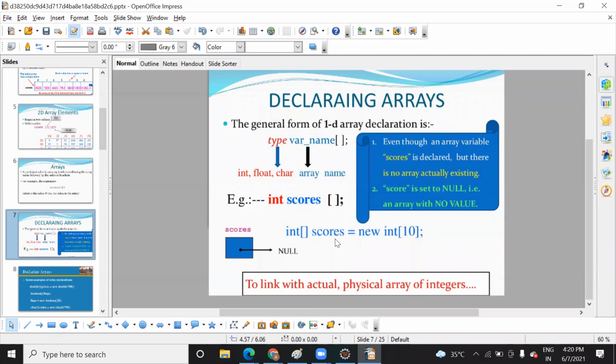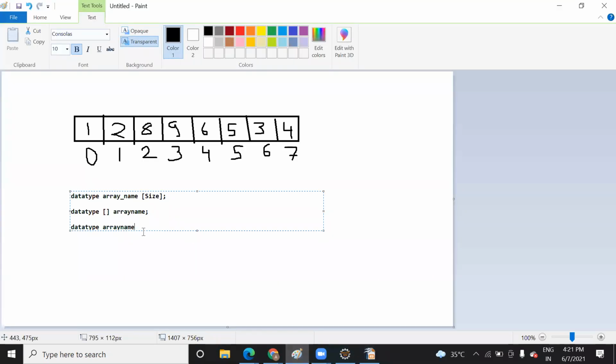Yeah, I mean, we can put that subscript after also. Right? This is one more representation. Actually, this is one representation where we keep the square brackets before. In one representation we keep them after, like this, and in one representation we need to write like this. Yeah, so the second one is basically used for user defined. That is better, right? Yes. Okay. So the representation will be like this: array name.